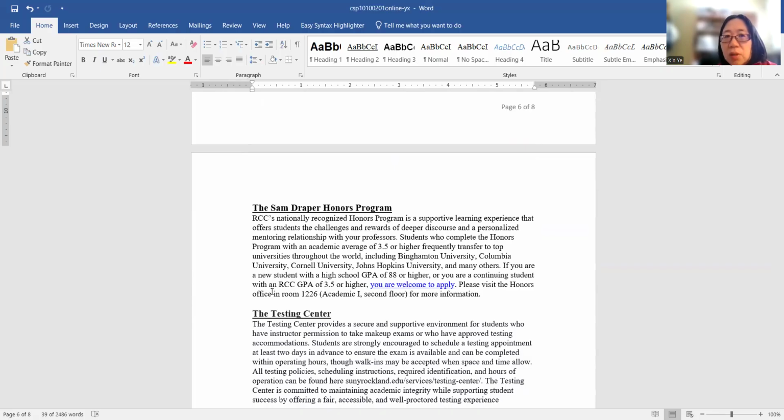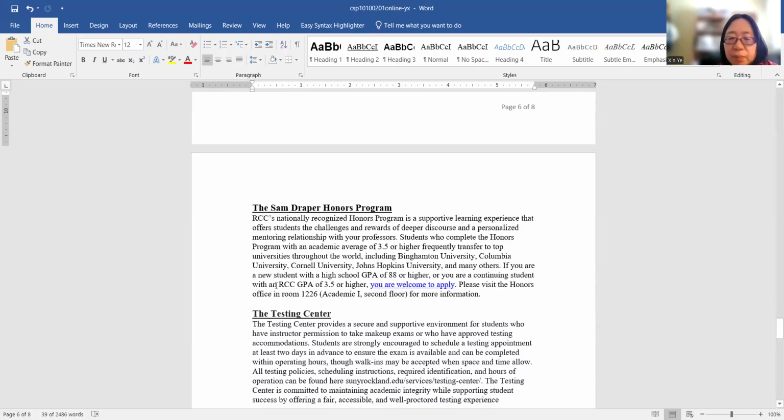As long as your GPA is 3.5 or above, you can enroll in the honors program. You can have the CIS degree, be in the CIS program and the honors program at the same time, so it doesn't really affect anything. You can also stay in the nursing program and be in honors, or honors legal studies.